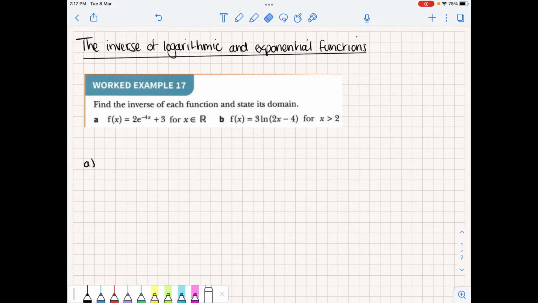Right, so our final topic on logs and exponents. Today we're going to look at the inverse of logs and exponential functions. They are inverse functions of each other, and we're going to take one and make it into the other. Now when we look at logarithmic functions, when we change them and create their inverse, we just need to